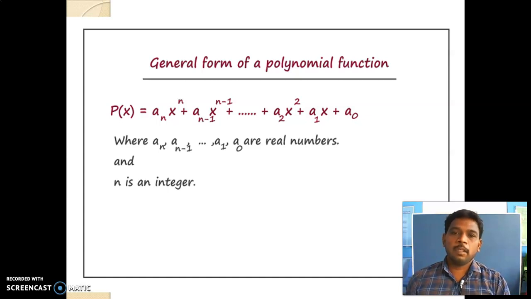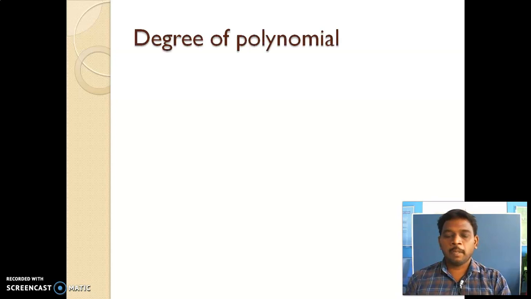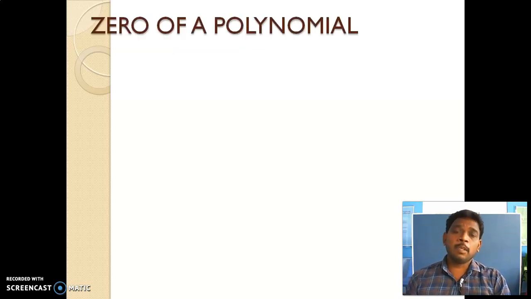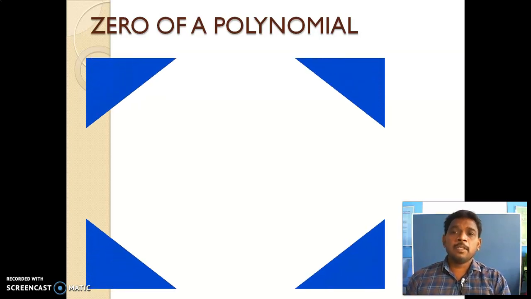So before going to that, just recall all the basic definitions first. Okay. So your chapter name is polynomials, and then the general section of the polynomial is this one. So how can we identify whether the given expression is a polynomial? According to the power of the variable, if all the powers of the variable are whole numbers, then that is said to be a polynomial, otherwise not. And then next, degree of the polynomial, that is the highest power of the variable in a polynomial is known as the degree of the polynomial. And then next one, zero of the polynomial. A real number is said to be a zero of the polynomial if you substitute the real number instead of the variable and the polynomial becomes 0, then the particular real number is a zero of the polynomial.